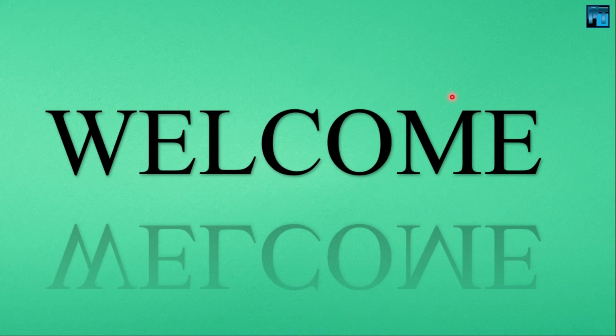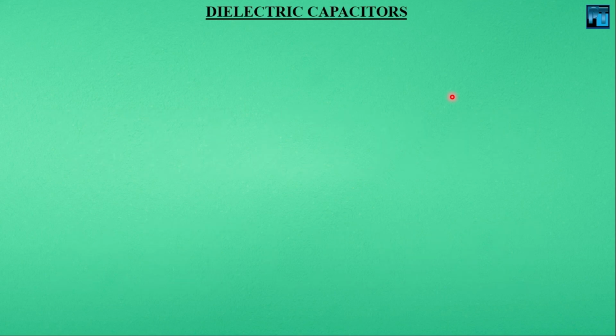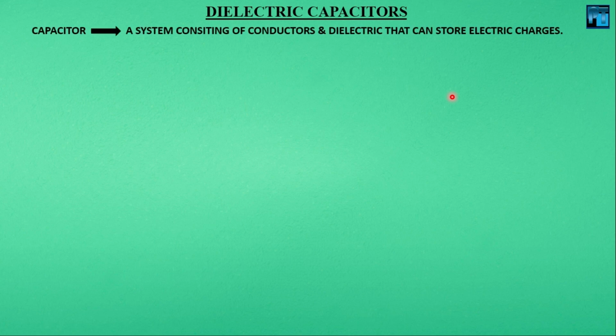Today we shall discuss dielectric capacitors. Now what is a capacitor? In a sentence, a capacitor is a system that can store electrical charges. How are they made? The simple construction consists of two conducting plates, and we can give them charges like plus Q